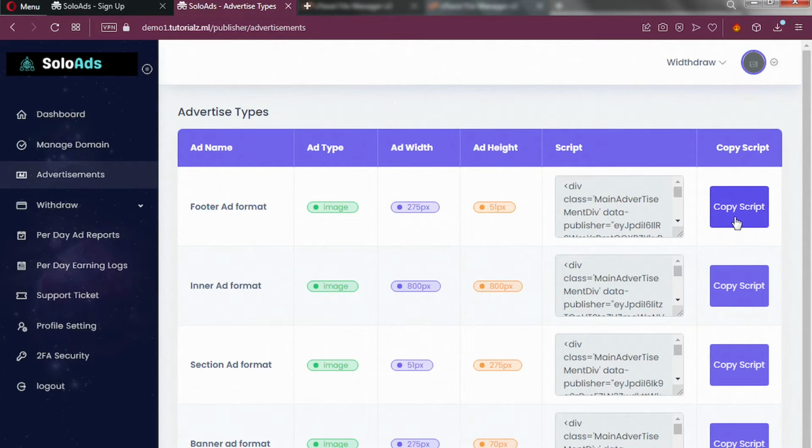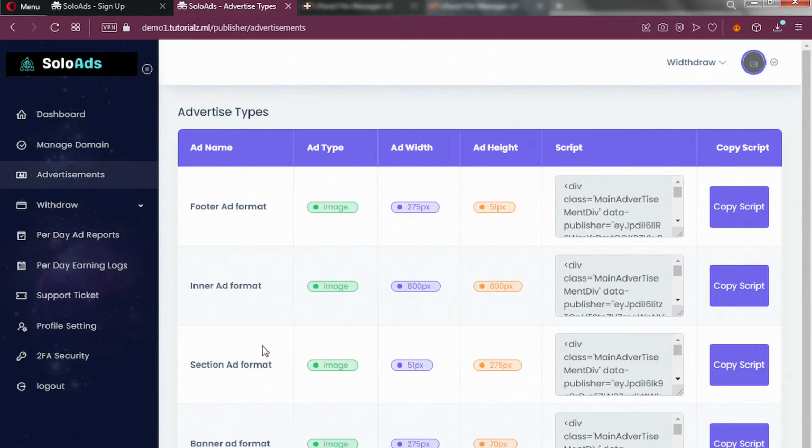So Google, they always give you a code. You can copy the code, and this is for footer ad format. This code is for inner ad format. So you can copy this code and paste it inside your website, and ads will start displaying on your website